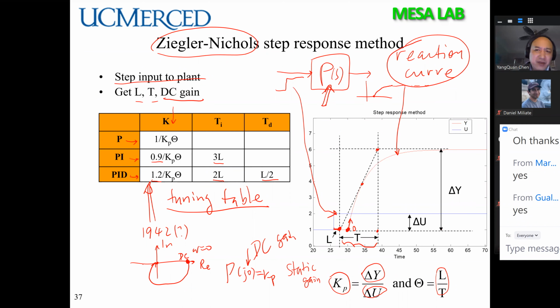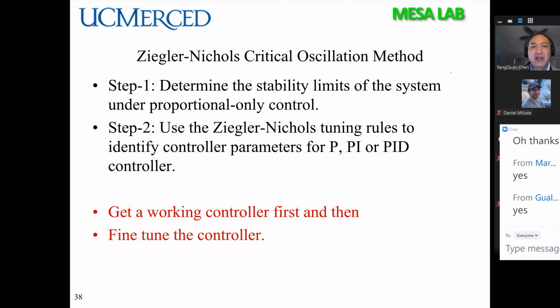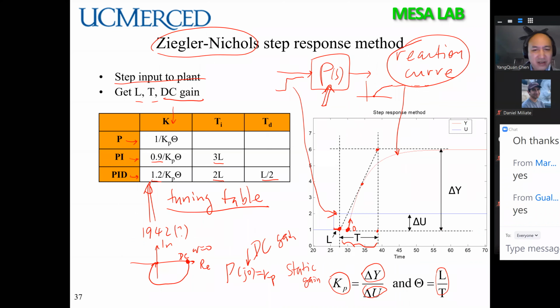So this is the famous Ziegler-Nichols tuning table. There are two versions. This is the first version, based on the reaction curve. What do you have? I have a reaction curve. So do that. But what if I don't have the reaction curve, but I can do something called the critical oscillation